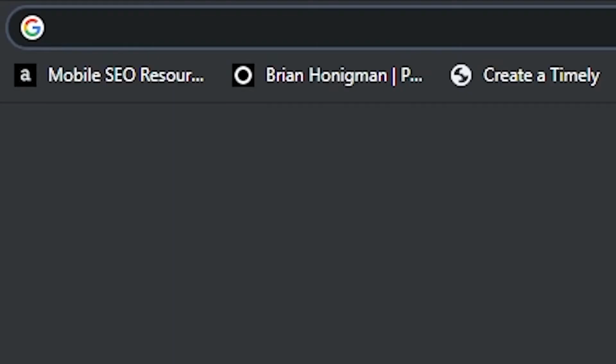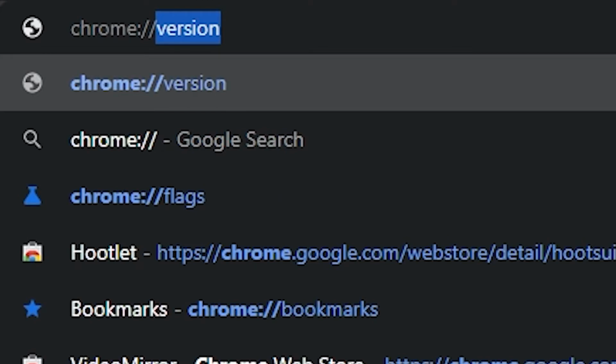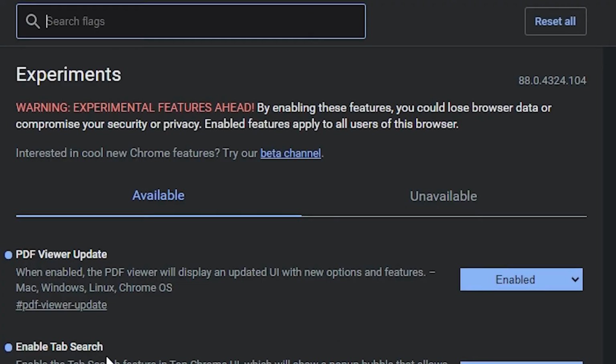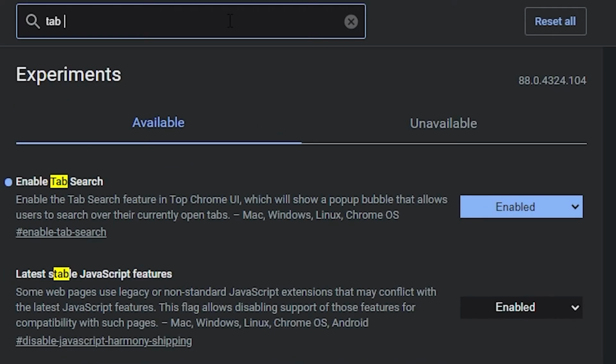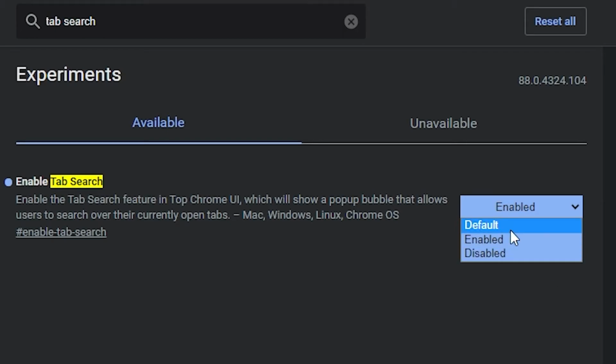Now, one of the features that I really like about this new update involves an experimental feature which enables you to search your tabs, but it's not enabled by default. So all you have to do is go to chrome://flags. Now I've already enabled this in my browser, and it's enabled tab search. But if you haven't enabled it, you can easily just search for it by searching tab search, and then it will not be enabled by default, so just enable it, and then you will need to restart your browser